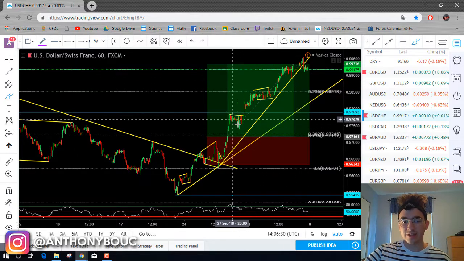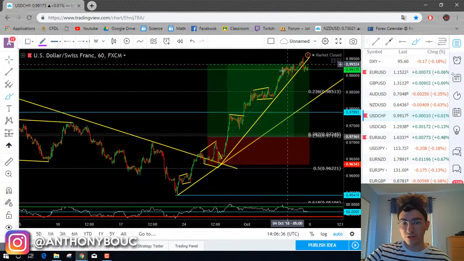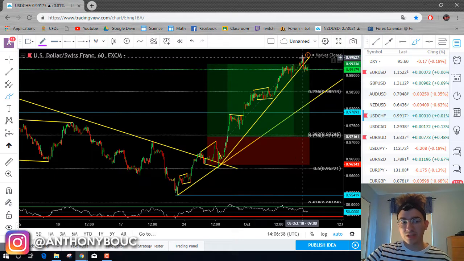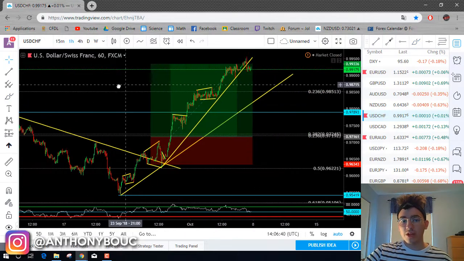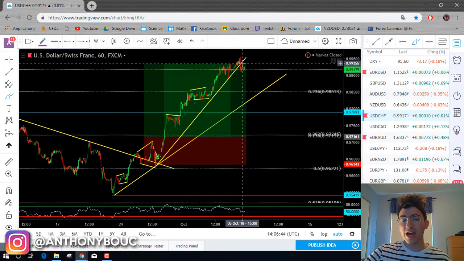We got this nice correction right here. We got another impulse. We got another correction. We got another impulse. We got another correction here, another impulse. And so when we were at the top here Friday, first of all, we had the NFP news, which always is a kind of warning sign,